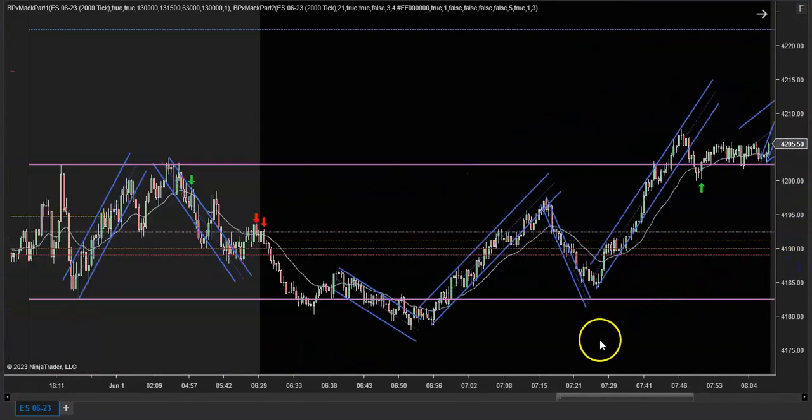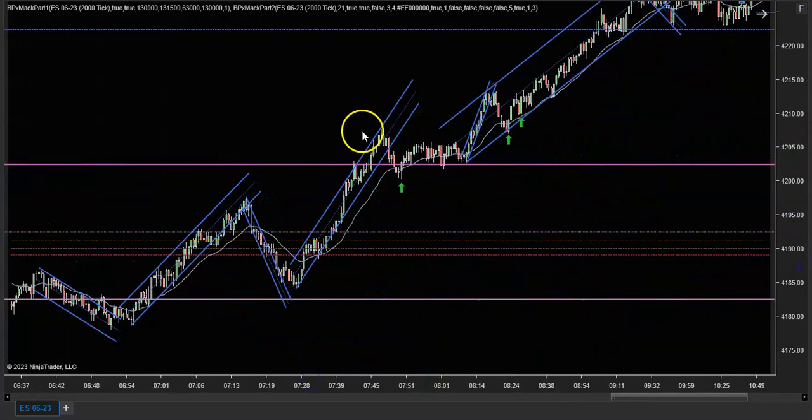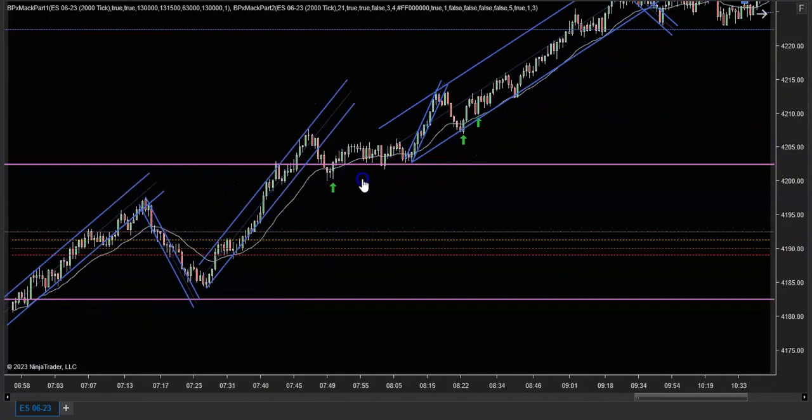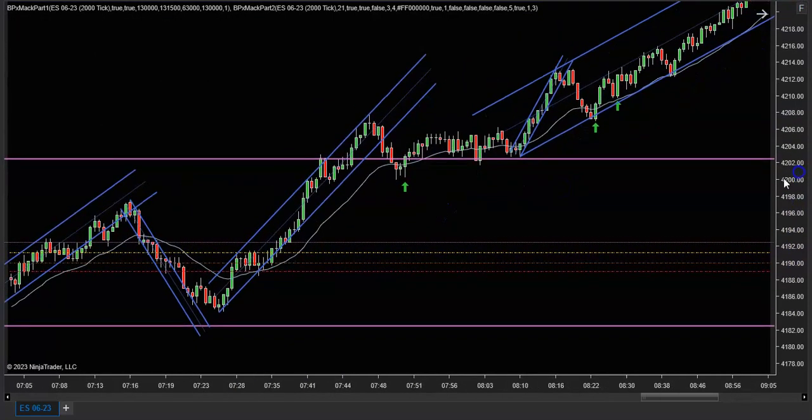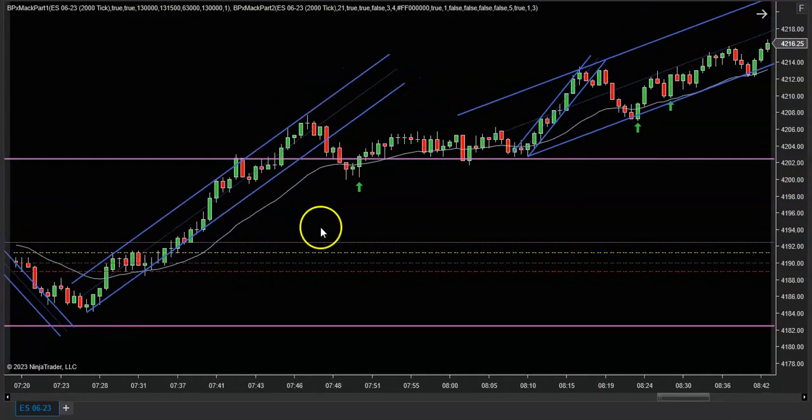So then we reverse and we make it back up to the highs. And you can see we break out to the high side. And this is a really strong move up. You can see we get this overshoot, but it keeps pushing until we get a break. And they probably just trapped a lot of people going short right here before we get a new high of this channel. So maybe you take the higher low right here,